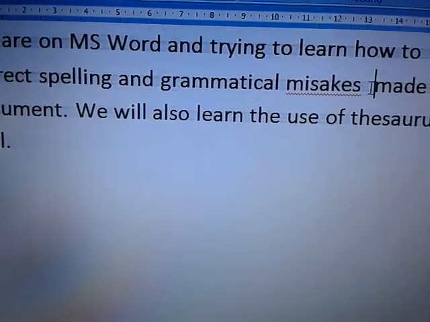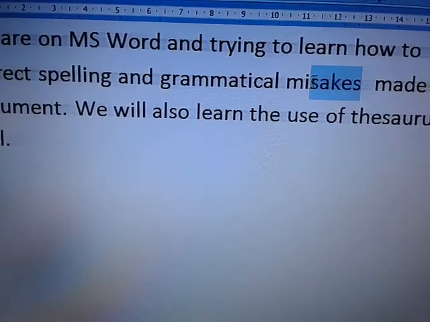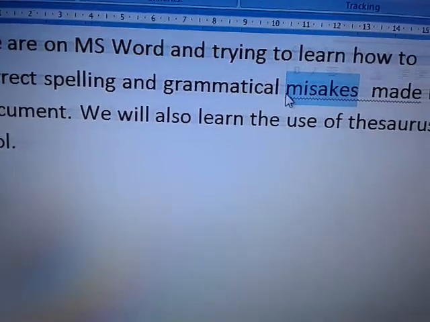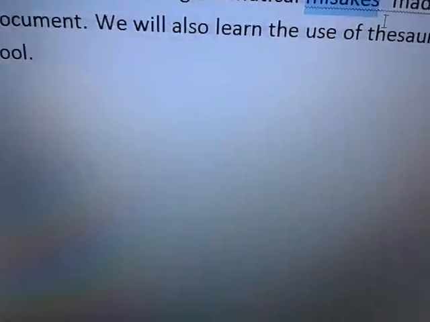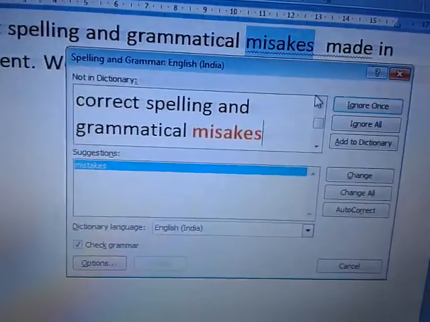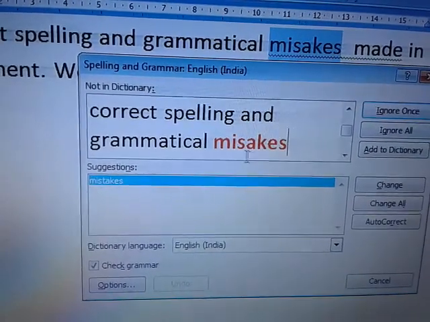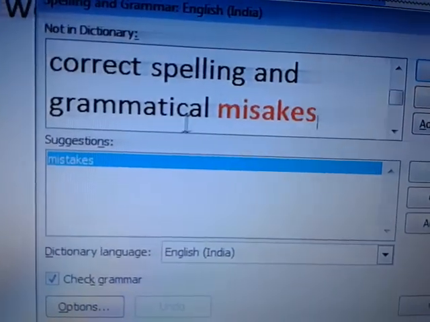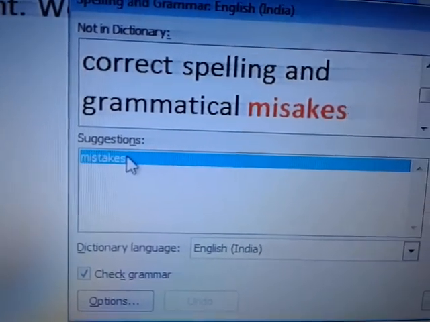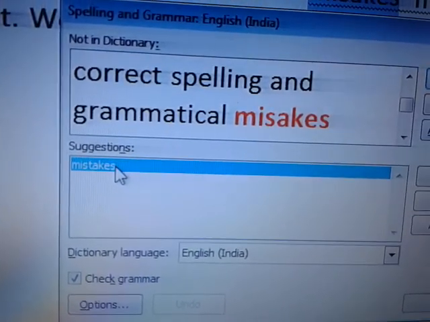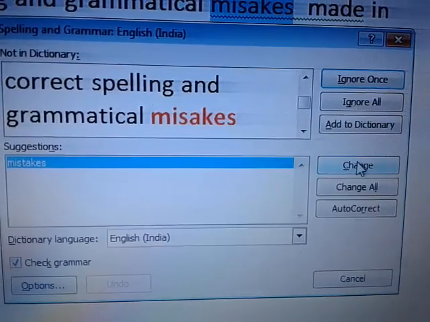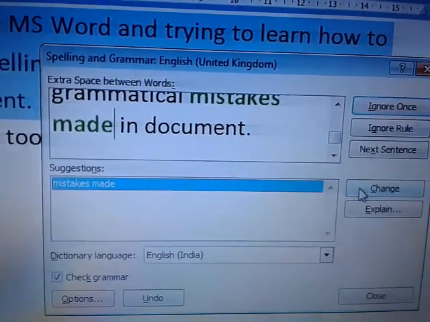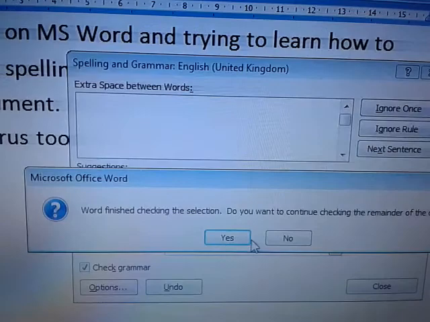I will select the word that is underlined that I want to correct, and I will press F7. Just simply F7. On pressing F7 it will show me the mistake. This is the part that you have spelled wrong, and the correct spelling for the word mistake should be this one. We will click on Change and the word is corrected.